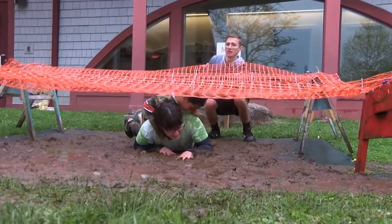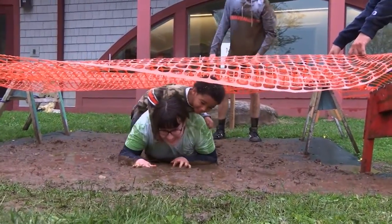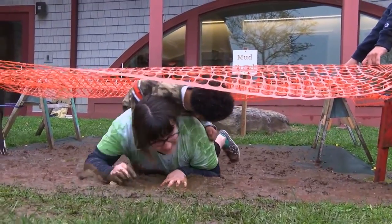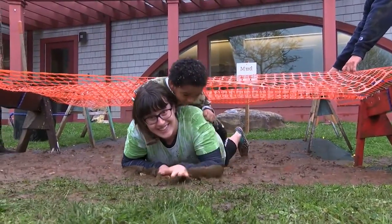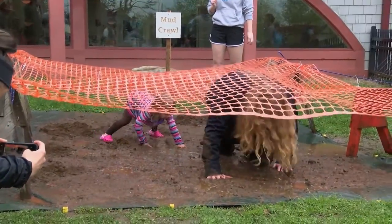The mud crawl is very simple. It's, once again, we put a tarp down so we don't hurt the grass, and then I sprinkle some shovelfuls of green loam on top of it. And then we put a water sprinkler on it. The netting helps us get it down a little bit lower. It also provides a little tunnel-like action, but it doesn't get the children nervous that they can't see out of it. The mud crawl is a little bit of that muscular strength, a little bit of that cardiovascular endurance, because